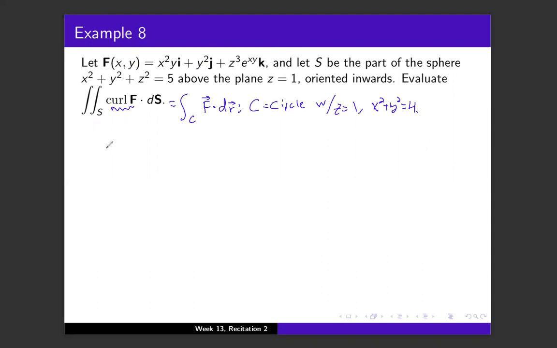So we've got a couple different options here. We can try one of two different things. Here's the first thing we can try. That's a relatively easy thing to parameterize as a curve. That's going to be 2 cosine t i plus 2 sine t j plus k, which means that r prime of t